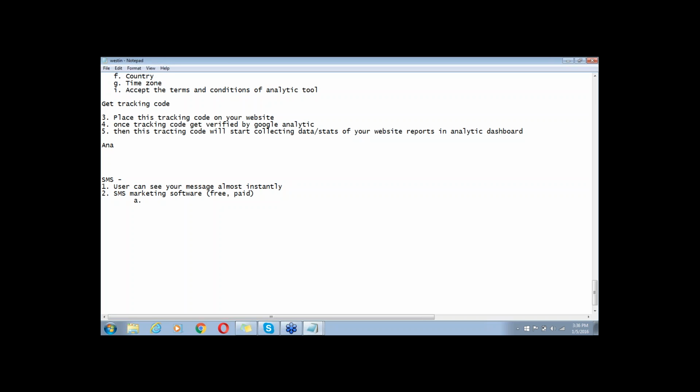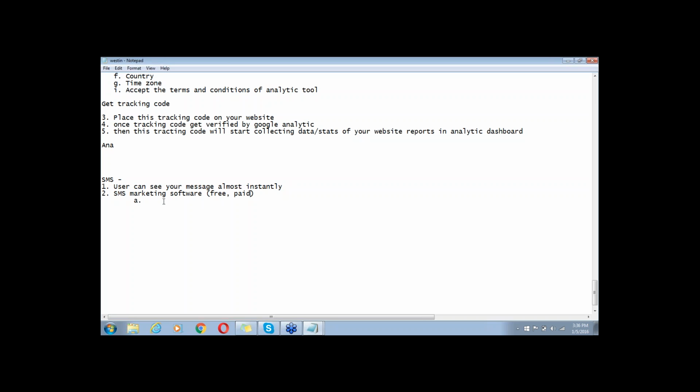The message will go with their branding, not your own branding. So if you are using the free one, there are a lot of limitations, but if you are using paid SMS marketing software, you have all the freedom to customize your marketing messages.